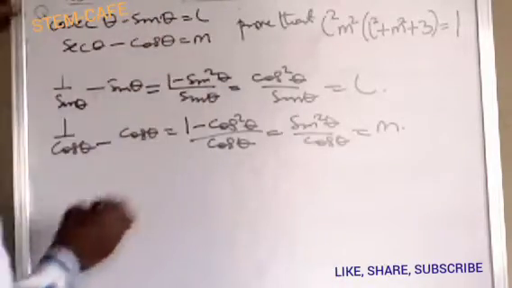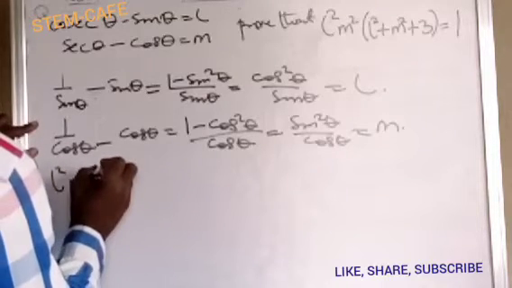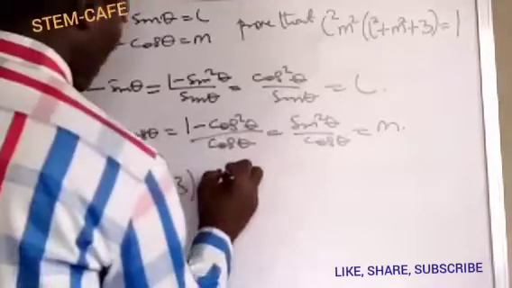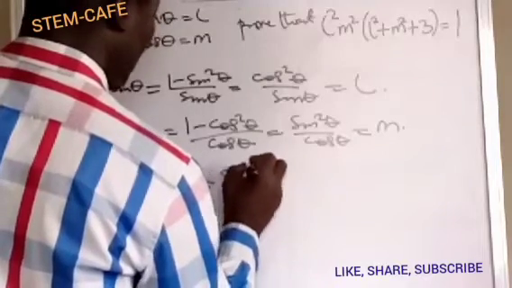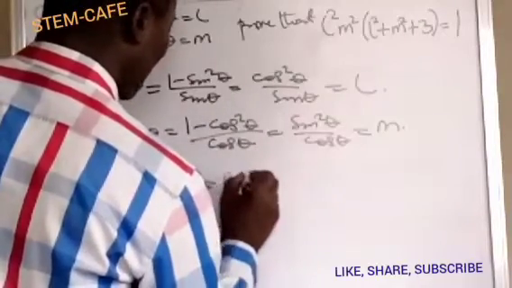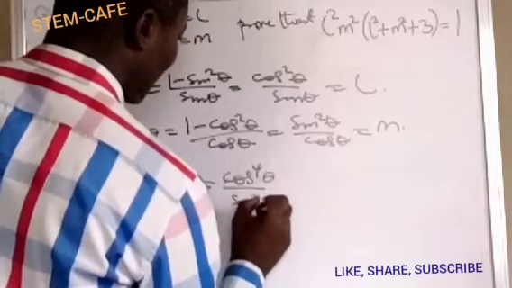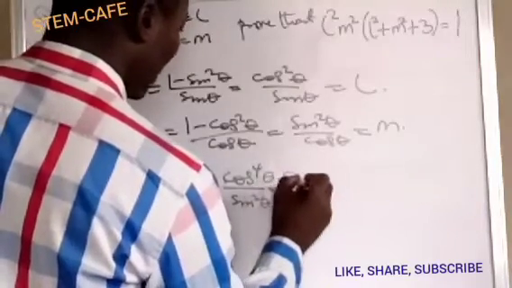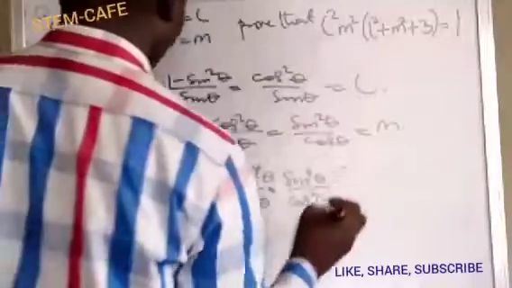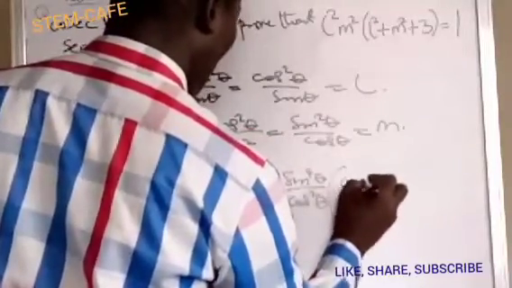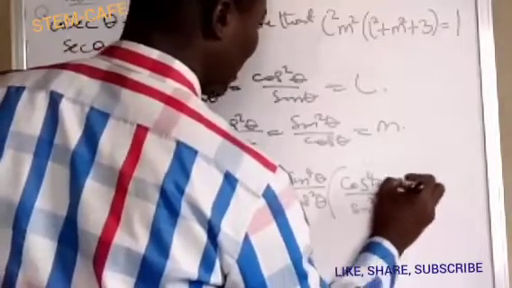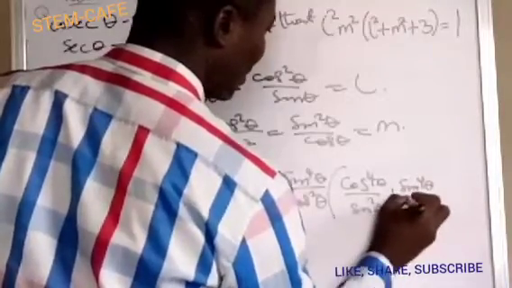Now l squared m squared into (l squared plus m squared plus 3) will equal: cos raised to the power 4 theta over sin squared theta, times sin raised to the power 4 theta over cos squared theta, into cos raised to the power 4 theta over sin squared theta plus sin raised to the power 4 theta over cos squared theta